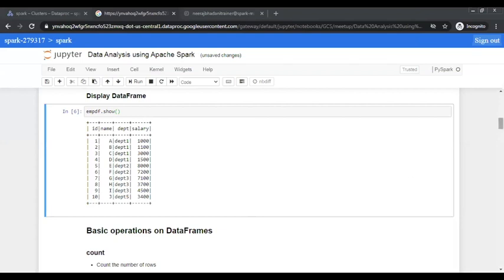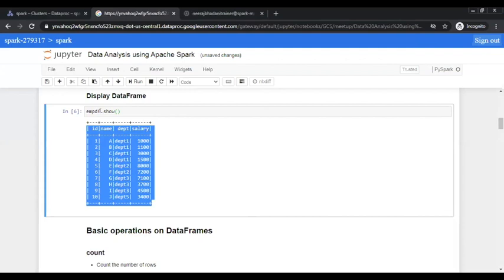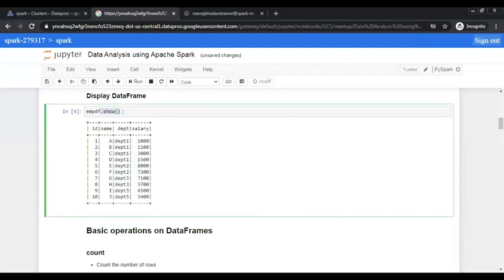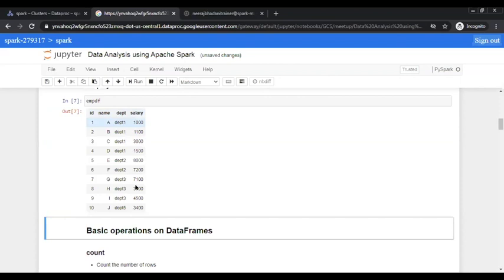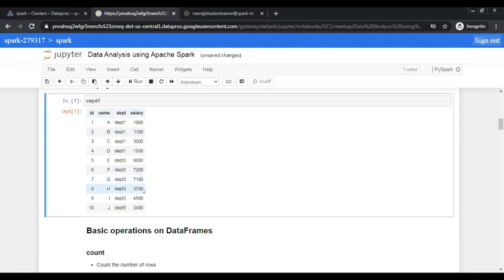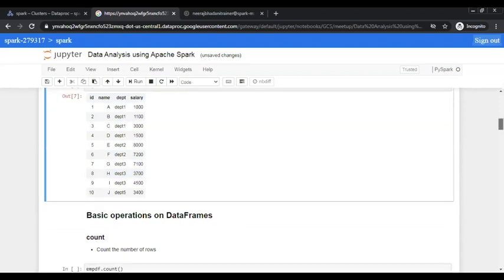So that's what I was talking about when we use the native display provided by Spark with the show function, or we use the display of Jupyter. And if we are using different notebooks like Zeppelin or Databricks, they have their own implementation of displaying the content, but that is just a display of the content. So I'll try to use this because I believe this looks a little more nicer.